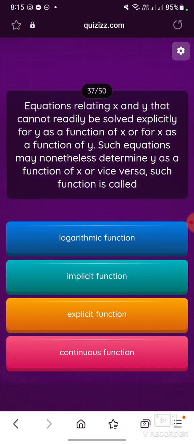Equations relating x and y that cannot readily be solved explicitly for y as a function of x or for x as a function of y may nonetheless determine y as a function of x or vice versa. Such a function is called